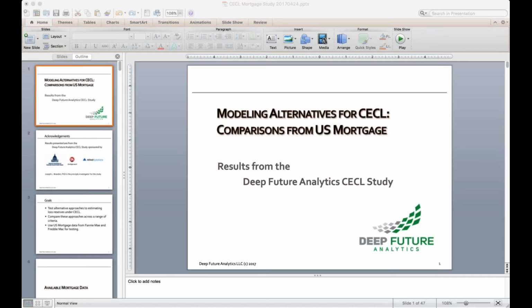We look at explicit economic sensitivities. We look at the difference between current environment and long-run environment and make comparisons. So for lifetime loss, the main point about lifetime loss is that it is the lifetime loss for the remaining life of the loan. In this visual, I have a loan that might be 14 months old. I need to know what the cumulative loss expectation is for the remaining life of that loan, not from when